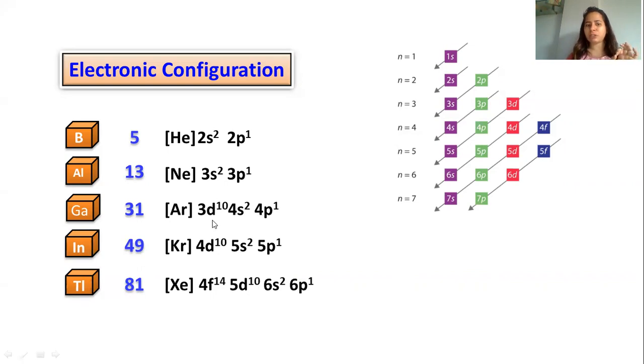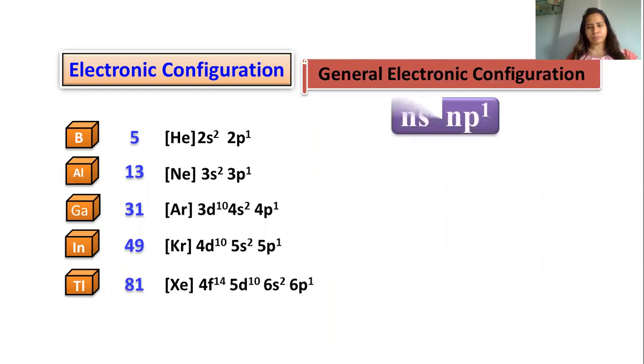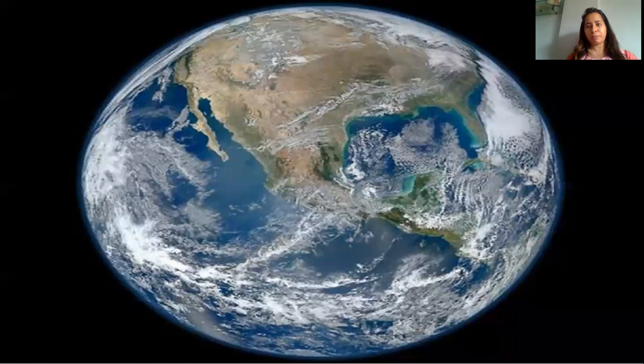But along with that, you need to remember from gallium, the D block element starts. So the electrons are filled in D subshell. And in case of thallium, even F subshell elements are coming. So we have to remember in the last you'll have F electrons. So here D and F plays a very important role in the properties of gallium, indium and thallium. That we'll study when we go for physical properties. So you can write down the electronic configuration. Moving ahead. Yes, you can see group 13, they have a general electronic configuration of ns2 and p1.